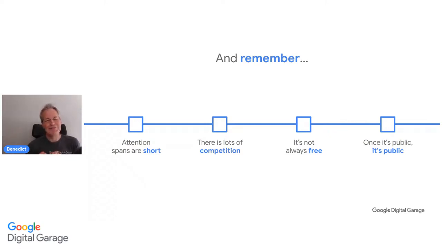So we have now the 8-second attention span, but really that does decrease rapidly on social media. And some estimate it to be actually 3 seconds, because, of course, there's so many other different posts and everything to look through. So the content you create has got to be good enough to stop someone's thumb scrolling past. Now, there are lots of other brands to compete with for attention, which means you need to work extra hard to really stand out. What is the unique thing that you're offering that people will really like, will resonate with?